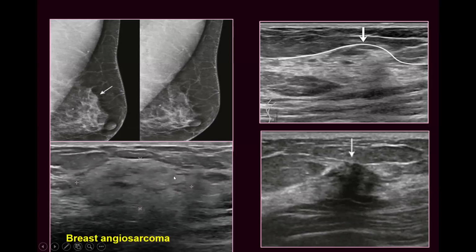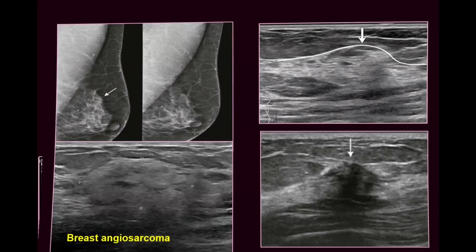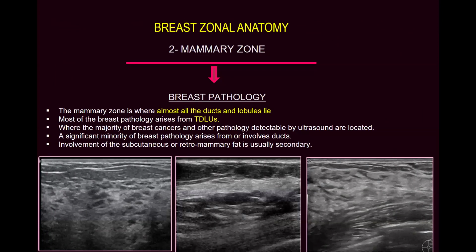This is another example here. There is subtle distortion in the area of fibroglandular elevated contour in a case of angiosarcoma. Okay. Let us go for,